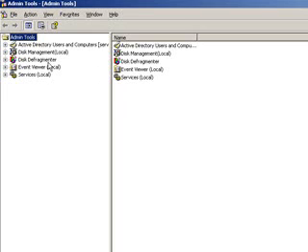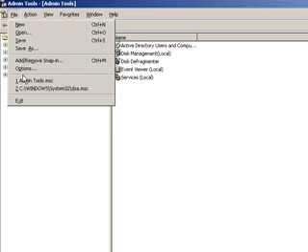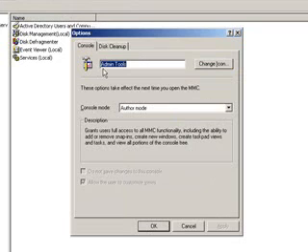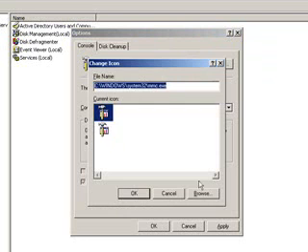And that saves you a lot of time from loading the individual tools. If you need them regularly, it makes perfect sense to create an MMC. Now let's take a look at some of the options that we have. You can see that we can change the title, Local Server Administration Tools, change the icon that's displayed,